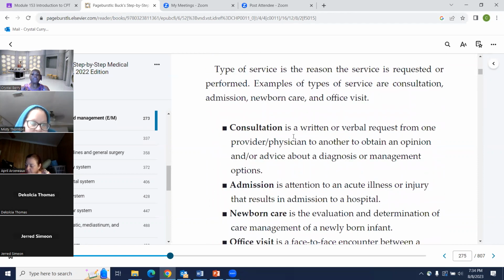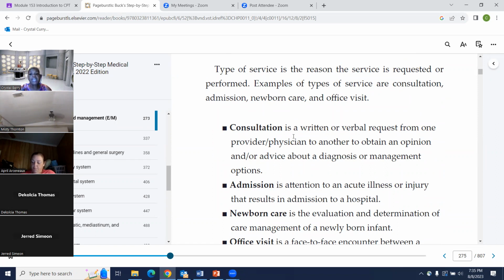Consultation is a written or verbal request from one provider, physician to another to obtain an opinion and or advice about a diagnosis or management option. Admission is attention to an acute illness or injury that results in admission to a hospital.